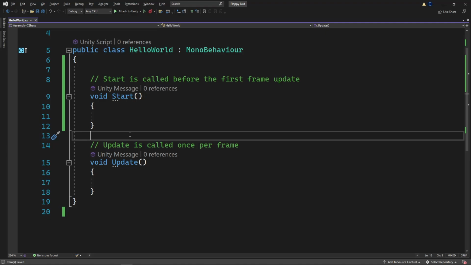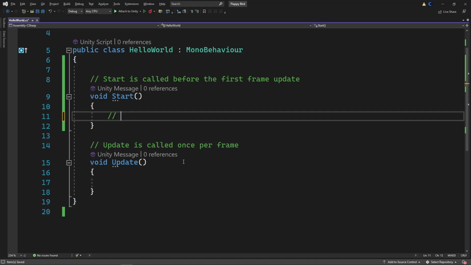I'm just going to put double slash. So we want to say something here. You don't have to type in these slashes. I'm just doing it as an example. So I want to put in a function here that tells Unity to print something to the console. Whenever we print something, that essentially just means display it to the console. I don't know why they call it print. They're trying to confuse us.